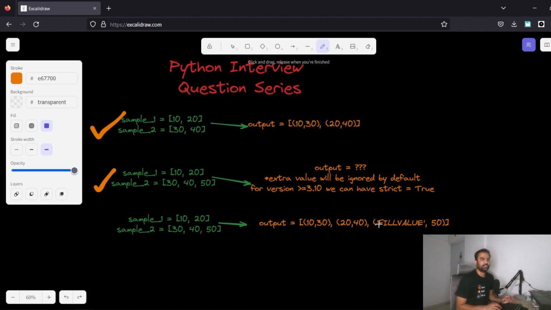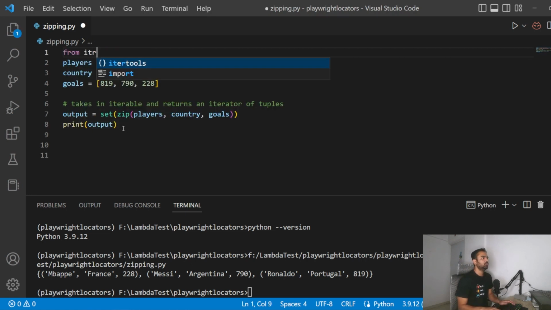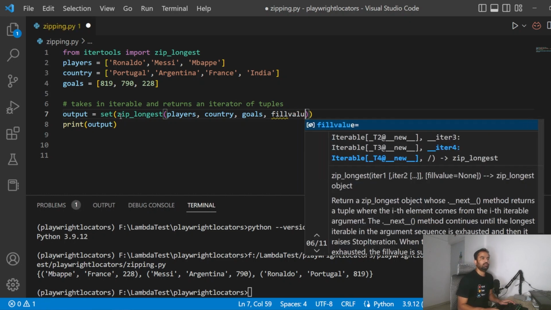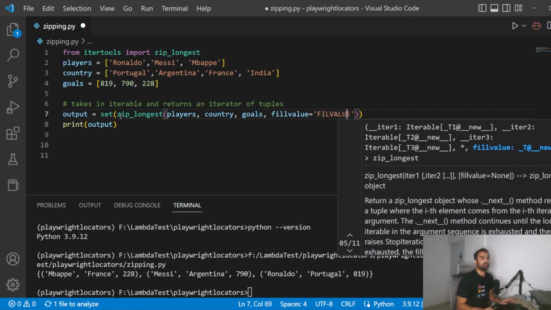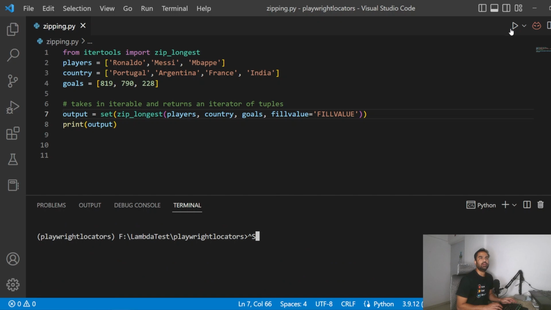The expected output is, instead of ignoring the extra value which we have in one of the iterables, whichever iterable it can be, you have to fill it with some value. The answer is pretty simple: instead of using zip, what we have to do is import zip_longest from itertools, and it has a parameter called fill_value. Let's get the spelling right. And if I clear the screen and run this now,